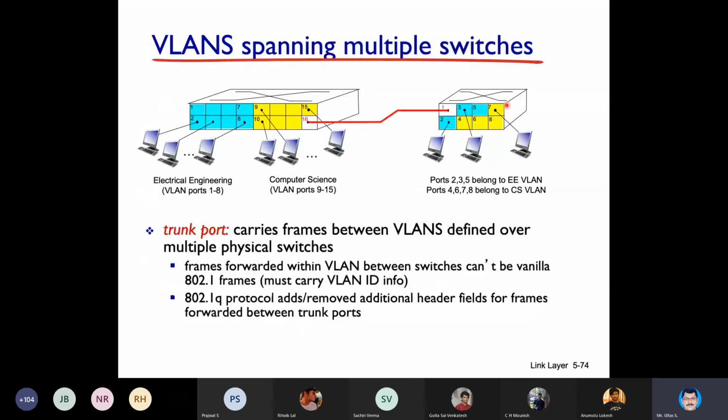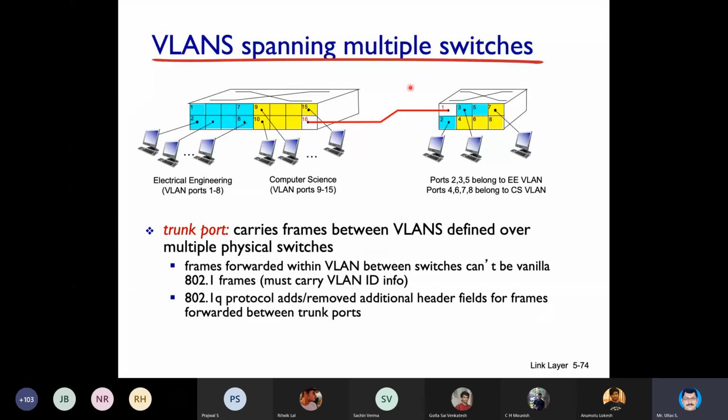Okay, so that is all I wanted to discuss actually. Then there is one more concept. I'll just brief what it is. This you may require for your interview purpose and all. If you have a manageable switch, say one port you can configure as a trunk port, which will connect to another switch. The advantage of configuring a trunk port is you can permit more than one VLAN's data through this port.